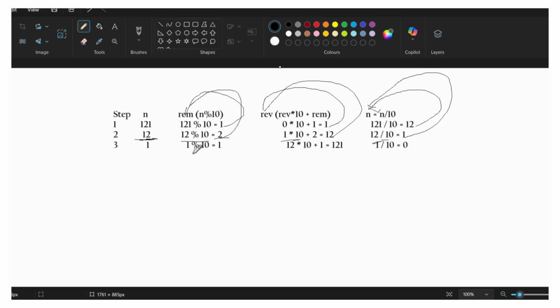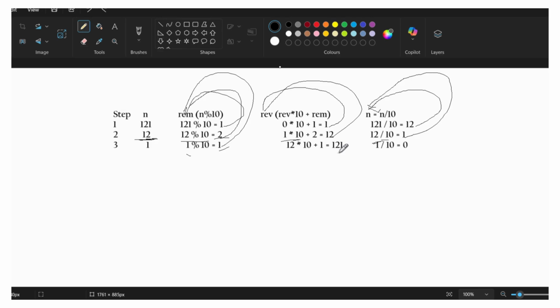So we find the new n value 1. 1 modulo 10, the remainder will be 1. Okay, 1 is stored in the remainder. Then the reverse value 12 into 10 is 120, plus 1 is 121.